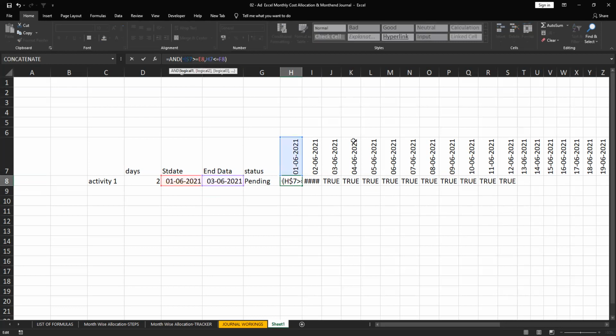So I'm expecting the result; that's the reason I get the error. So here I need to fix E. Then here again H7, we have to fix 7, then F8, F to be fixed.